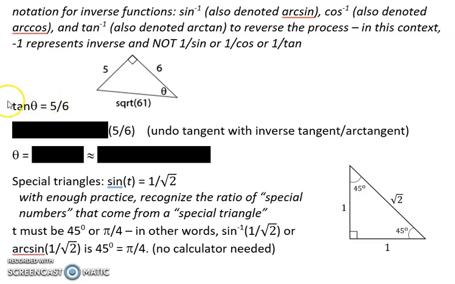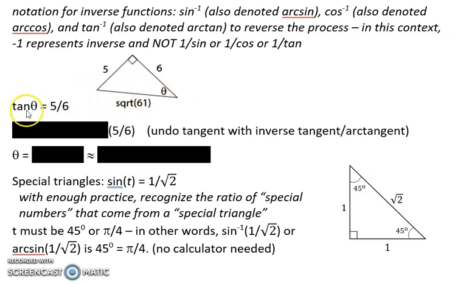When we see the equation tangent of theta is equal to 5 over 6, this tells us that there's a right triangle whose opposite and adjacent legs to the angle theta are in the ratio 5 to 6. They might actually be bigger, like 10 and 12, since 10 over 12 simplifies to 5 over 6. But let's draw a simplest form triangle with legs 5 and 6. If I needed to, I could use the Pythagorean theorem to find that the hypotenuse length is square root of 61.